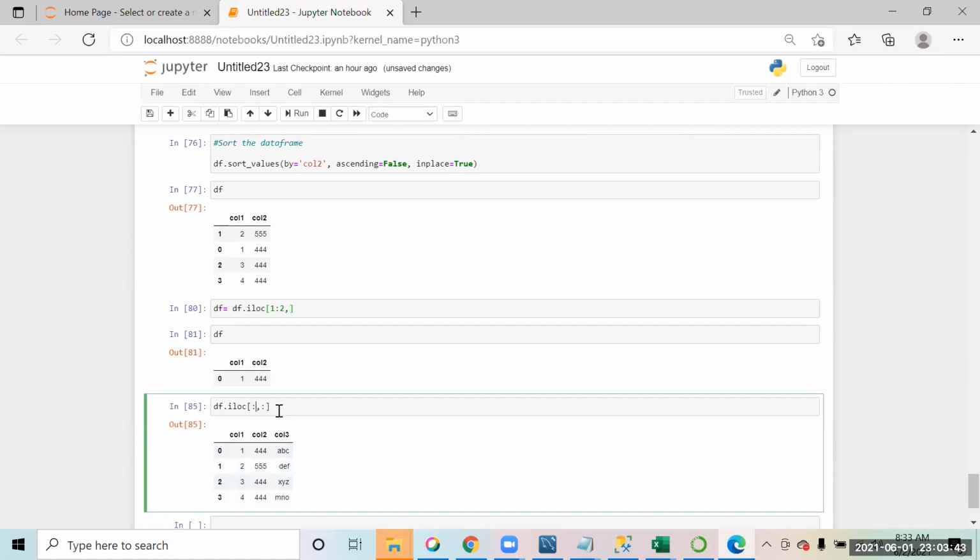Now suppose I only want to delete the first row.